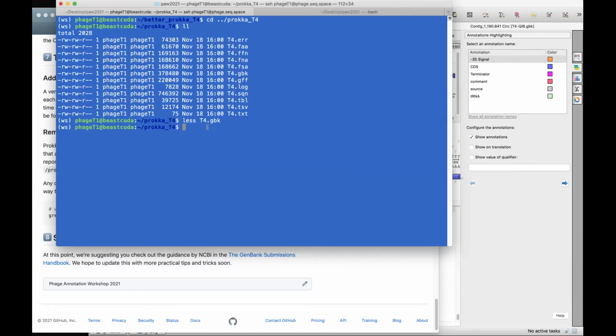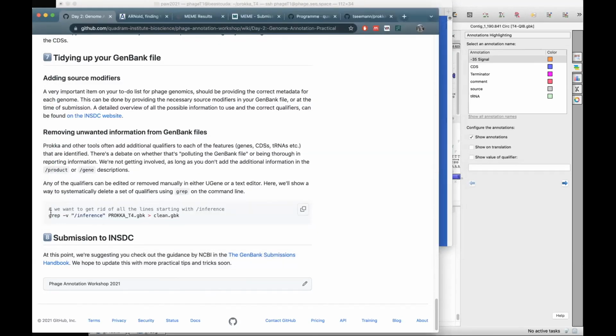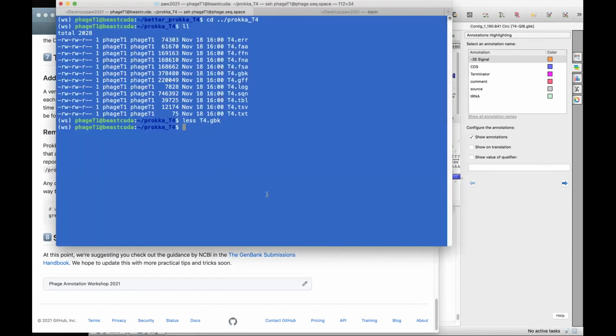I'm just going to type what I found here. So it's grep -v inference, and then, okay, my file name is only t4.gbk, and I'm going to name it something else. So grep -v inference t4.gbk